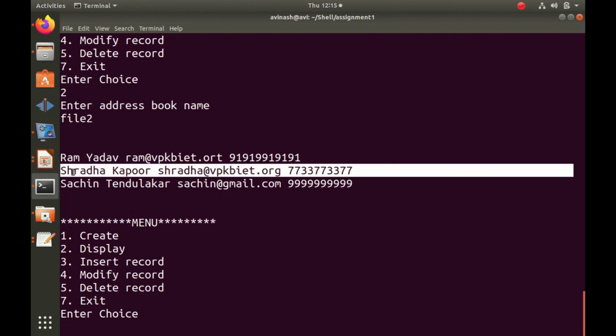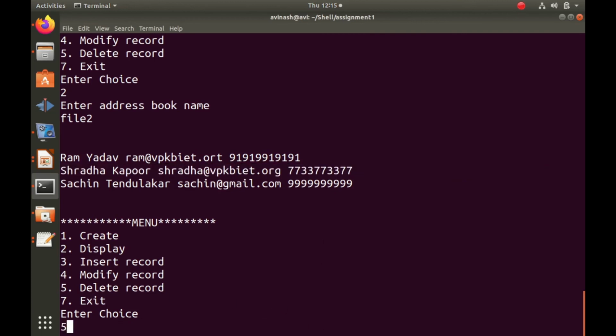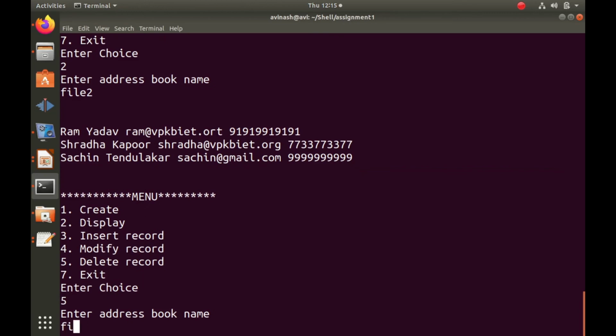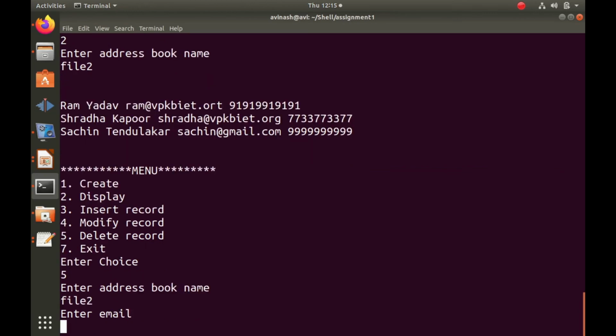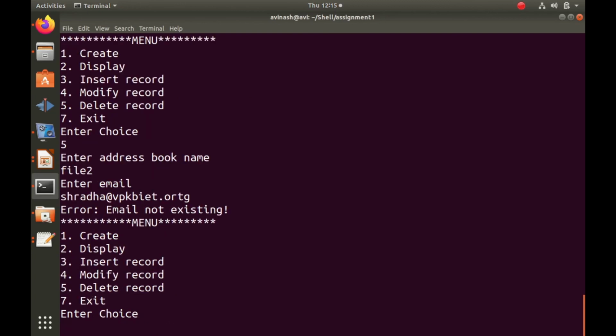Now we will try to delete this middle record and we'll check whether the blank line also gets deleted or not. So option number 5, file 2 and email shraddha@vpkbiet.org. Sorry, spelling mistake.